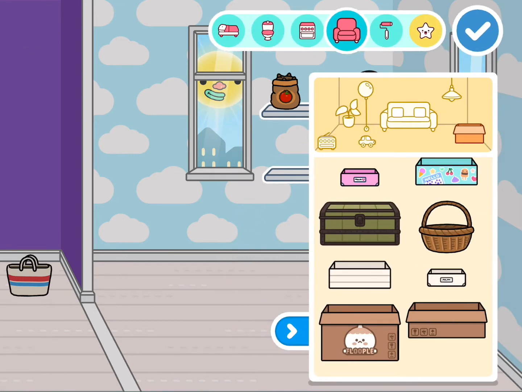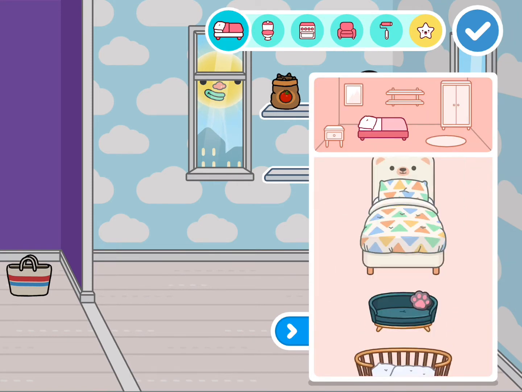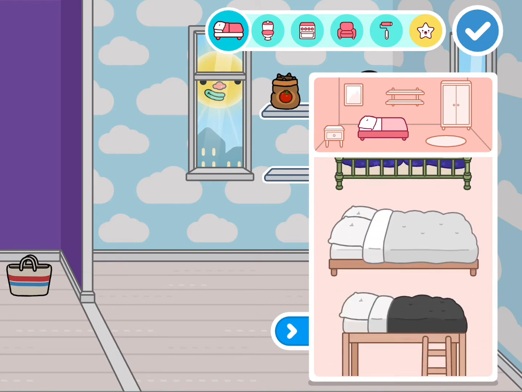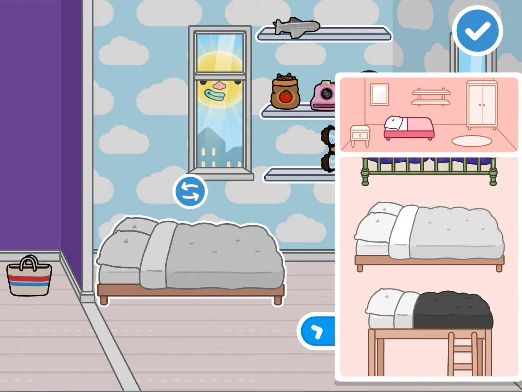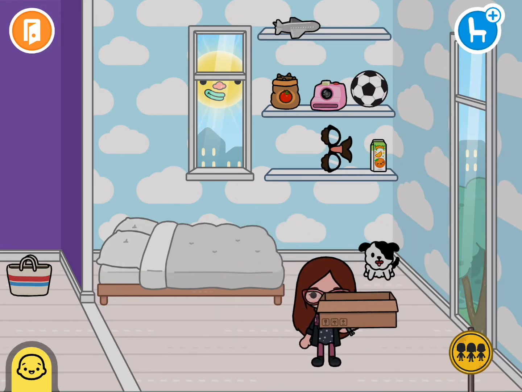And let's also grab, while we're here and while I'm thinking about it, let's put a bed in here. I believe the free version bed is this gray one down here. Let's stick that in there while we're at it. And I think we're ready to head to another area.